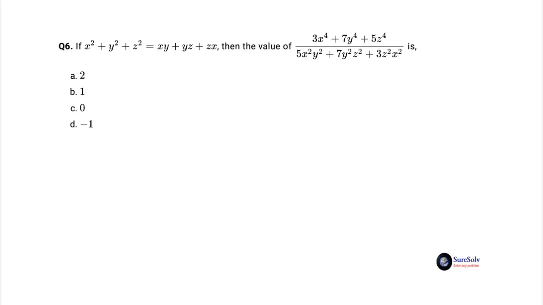The given expression is familiar and you know how to convert it into a sum of square expressions equal to 0. That will lead you to the solution quickly. Multiply both sides of the given equation by 2. Take all terms in RHS to the LHS and collect the like terms together. You will get x square minus 2xy plus y square minus 2yz plus z square minus 2zx plus x square equal to 0.